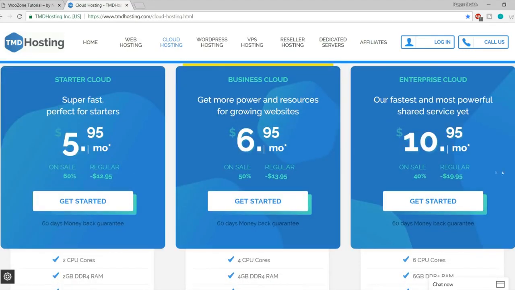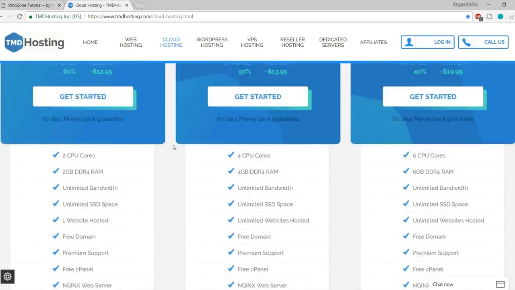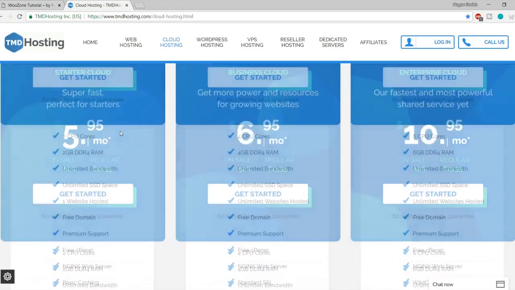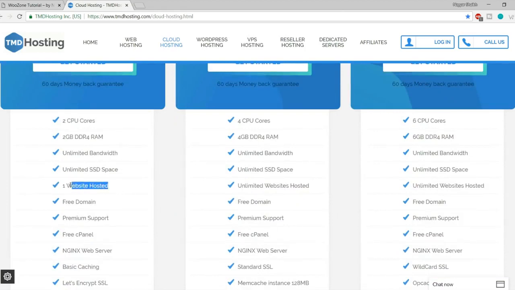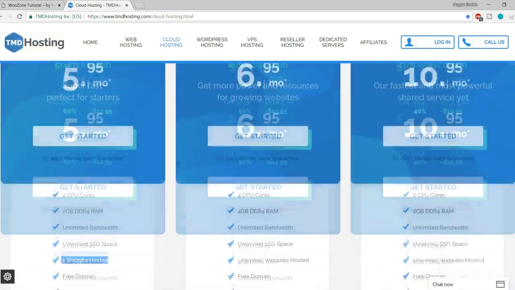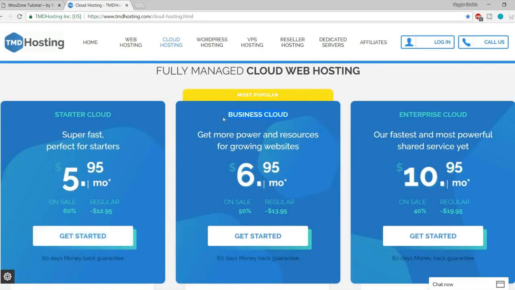Okay, so we have all these features. There are 3 different plans: starter, business and enterprise cloud. If you're creating a website for the first time and you're very much sure that you're going to create only one website at least for 5-6 months from now, and you don't need another website, then you can go with starter cloud. Because if you see over here, in this starter cloud, you can host only one website. Now suppose tomorrow if you want to create another website, you can ask TMD to upgrade your account, and they will upgrade your account to business cloud or enterprise cloud, whatever you request, and you can